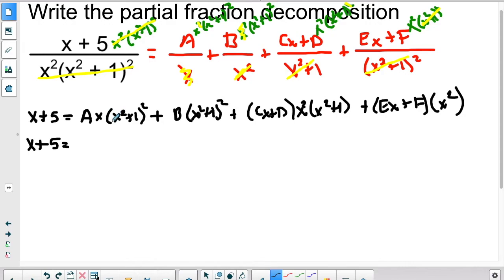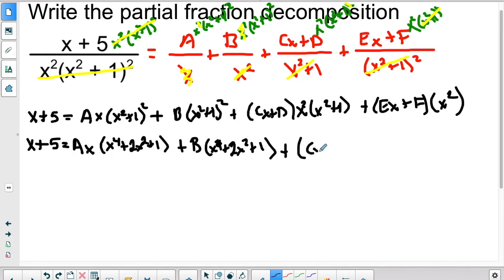So before we multiply through by ax, it's going to be multiplying (x squared plus 1) squared. And when we do that, we're really just multiplying (x squared plus 1) times (x squared plus 1). I'll just tell you that this is going to be x to the 4th plus 2x squared plus 1. And this one here is going to be b times (x to the 4th plus 2x squared plus 1)